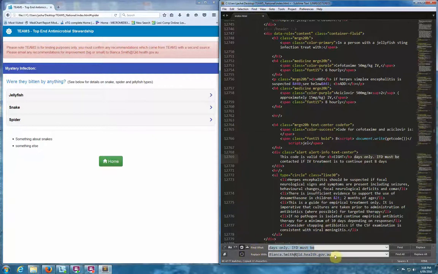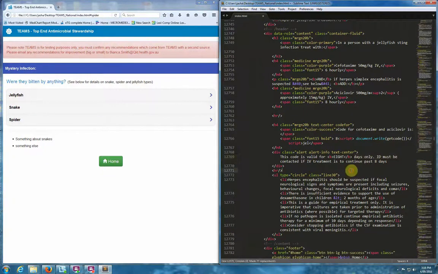with this and go replace all. And now 77 times that has been changed to say ID. So that's a nice little trick you could use. And there's all your little